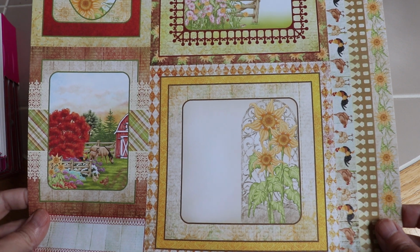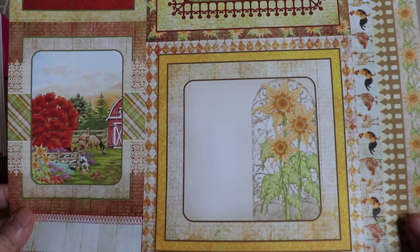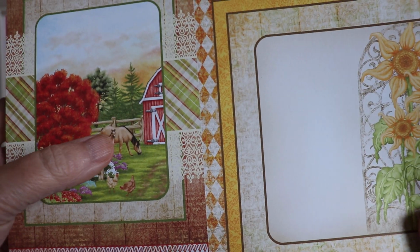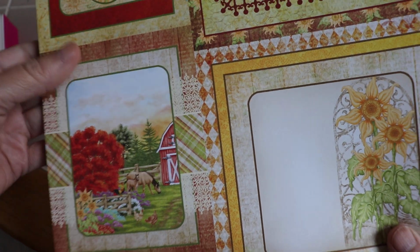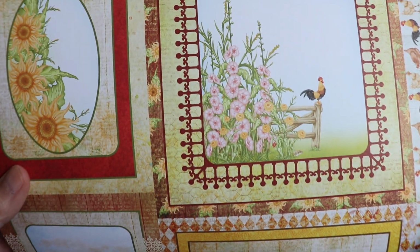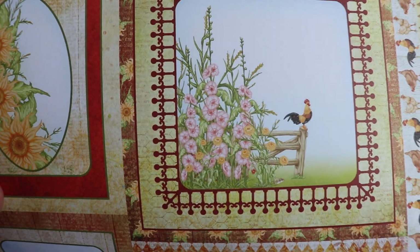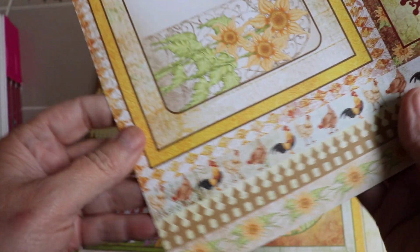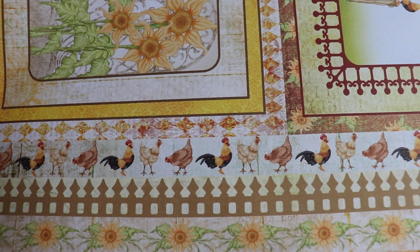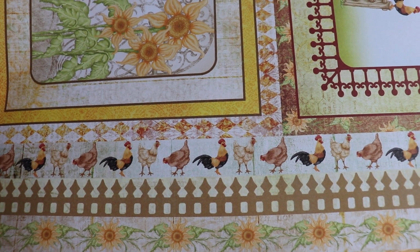And I love the images, especially with my new chickens. This is just right up my alley. And I'm so glad that some of the images and some of the smaller cards are also coming with horses. I always love to see horses. So these are the different sized cards. And just think about what you could do with these nice little strips of the chickens and the fences and